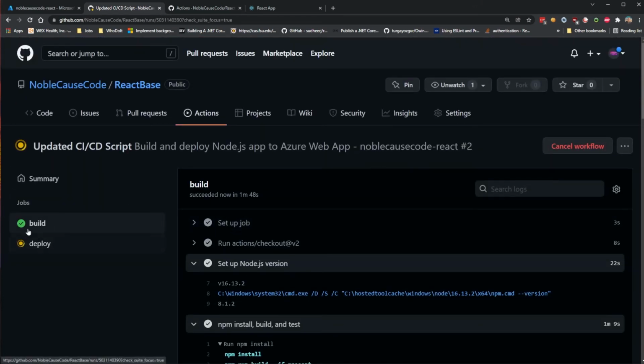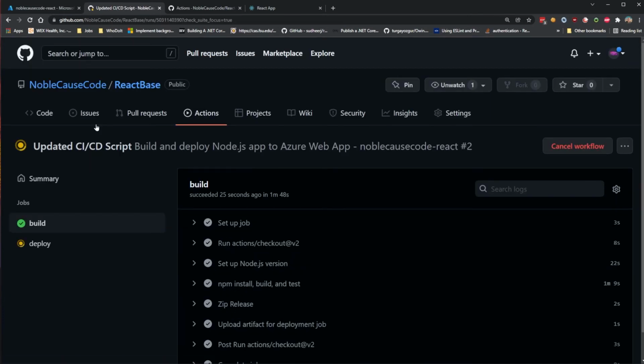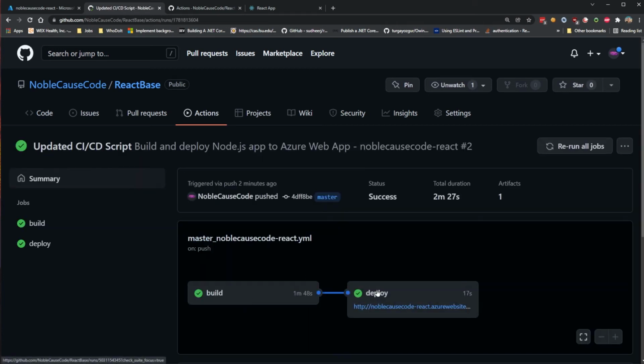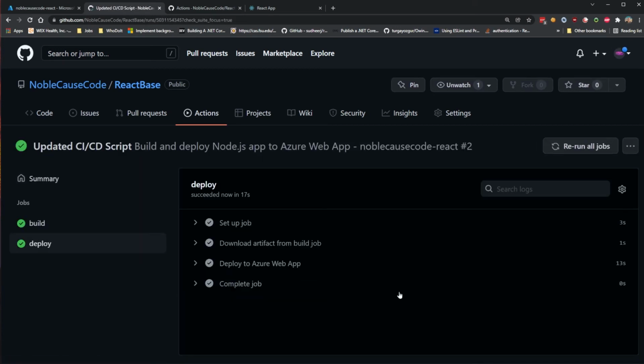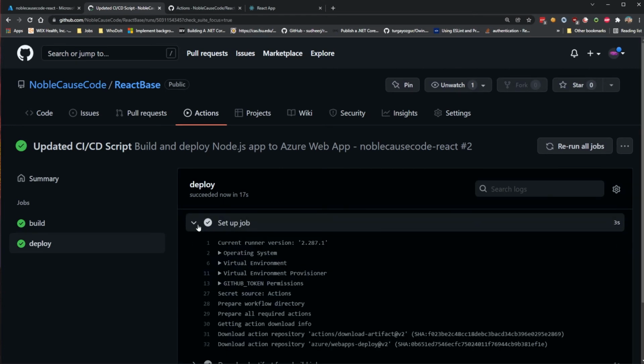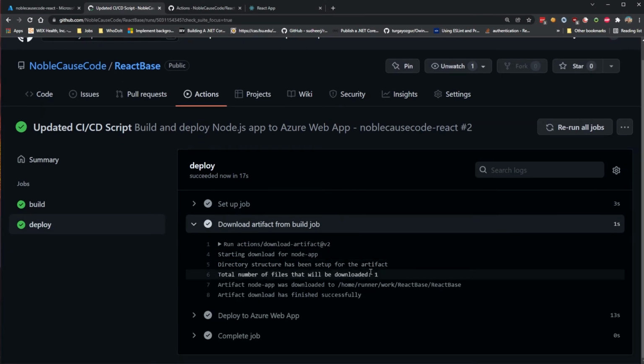So if we go back, you can see build is now a check mark. If we go back to the whole top level, you can see build is done and now deploy is done. It was that quick. So if we want to look up at the deployment, it sets up the job, downloads